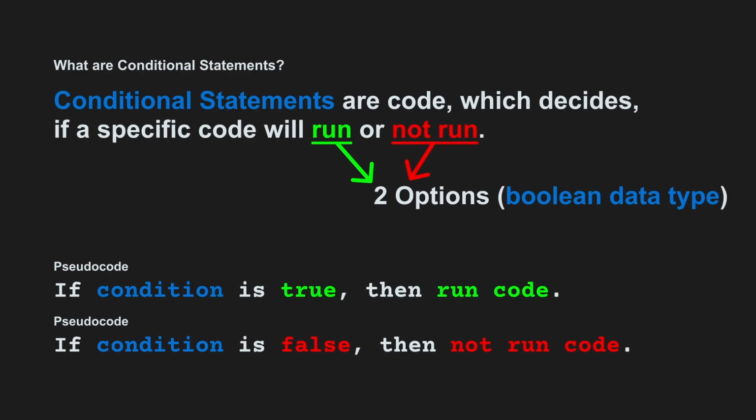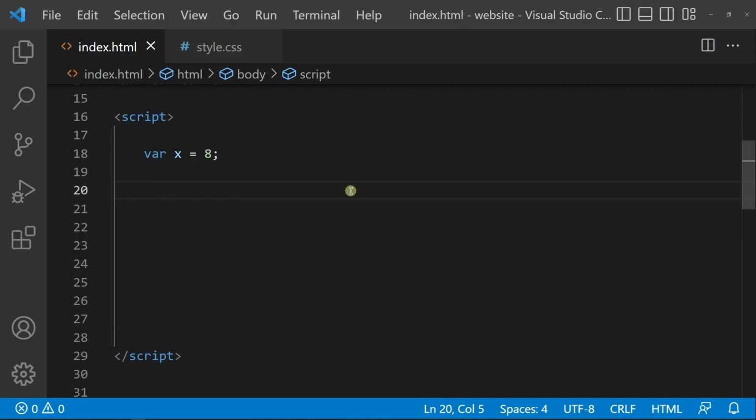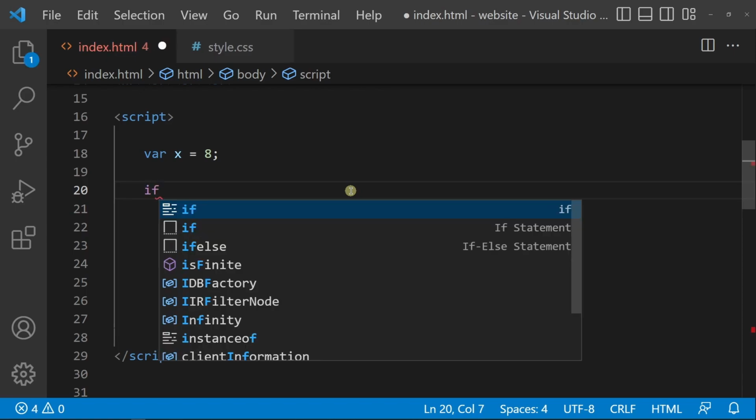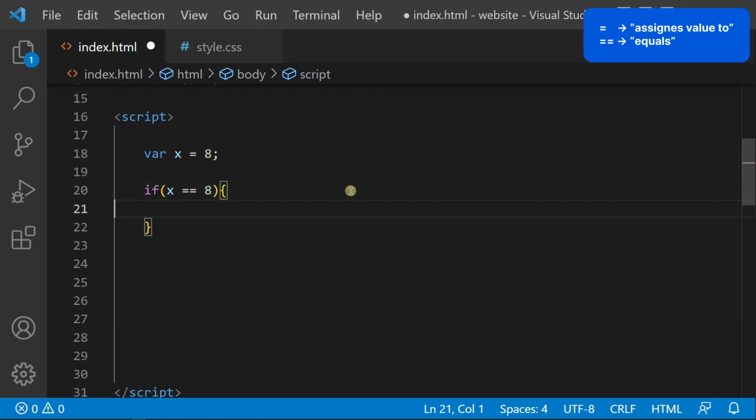Let's put the pseudocode into real code. And for that we will use JavaScript, because it's the most widely used language. But the general syntax is pretty similar in all of these languages. So if you understand it in JavaScript, you will also understand it in every single other programming language. To write a conditional statement, we use if, brackets, and then curly brackets. And inside these round brackets, we will put our condition. So in our case, we put the condition if the variable x equals 8, then